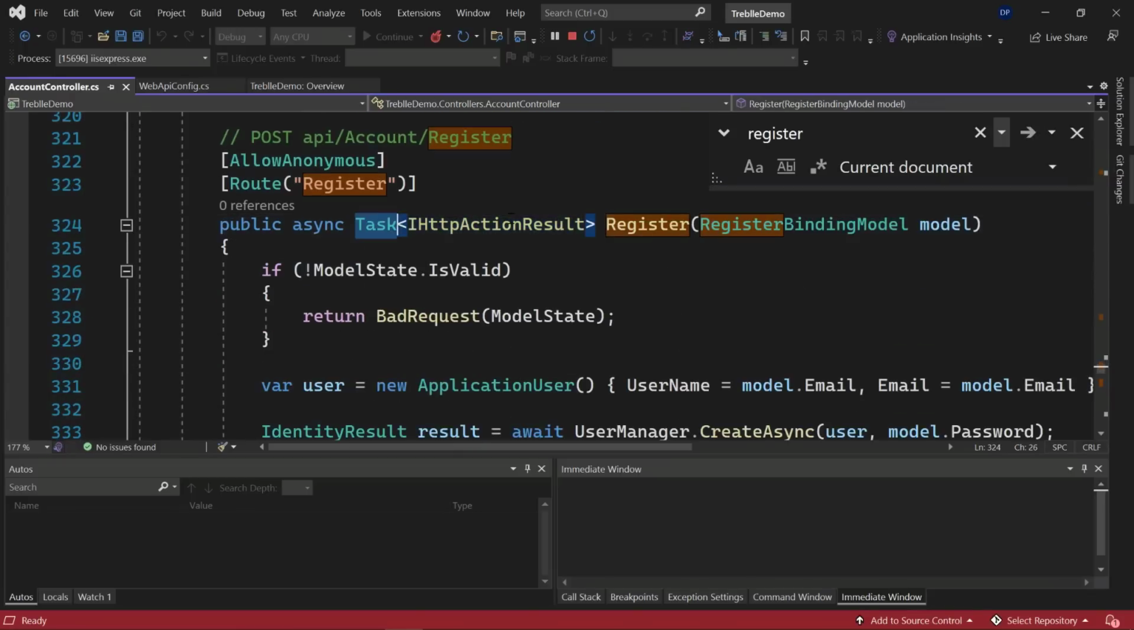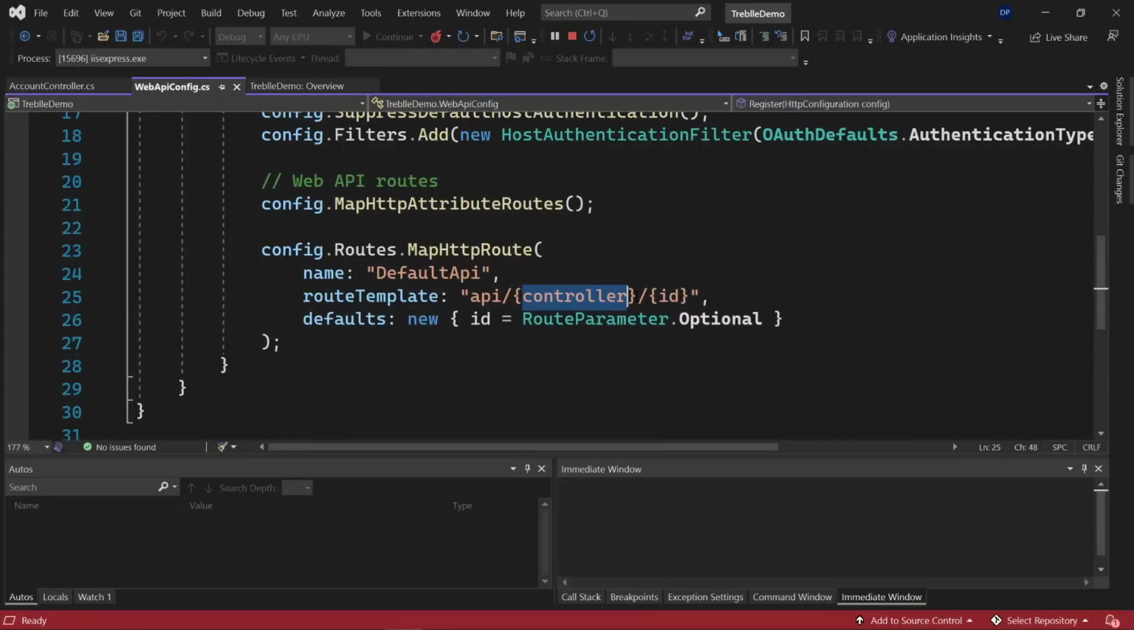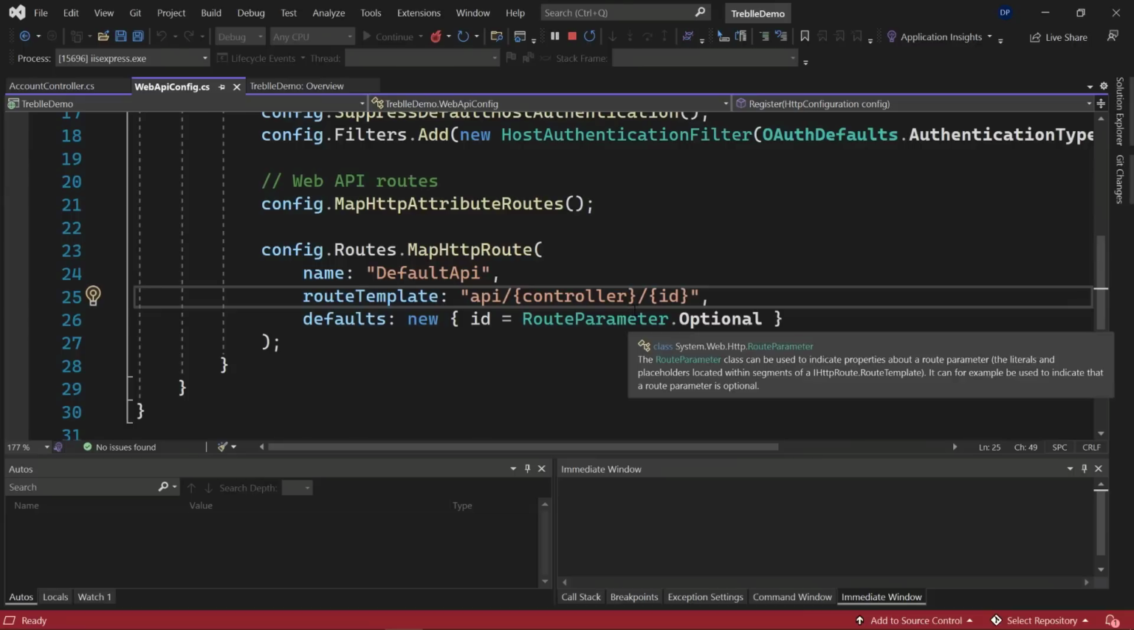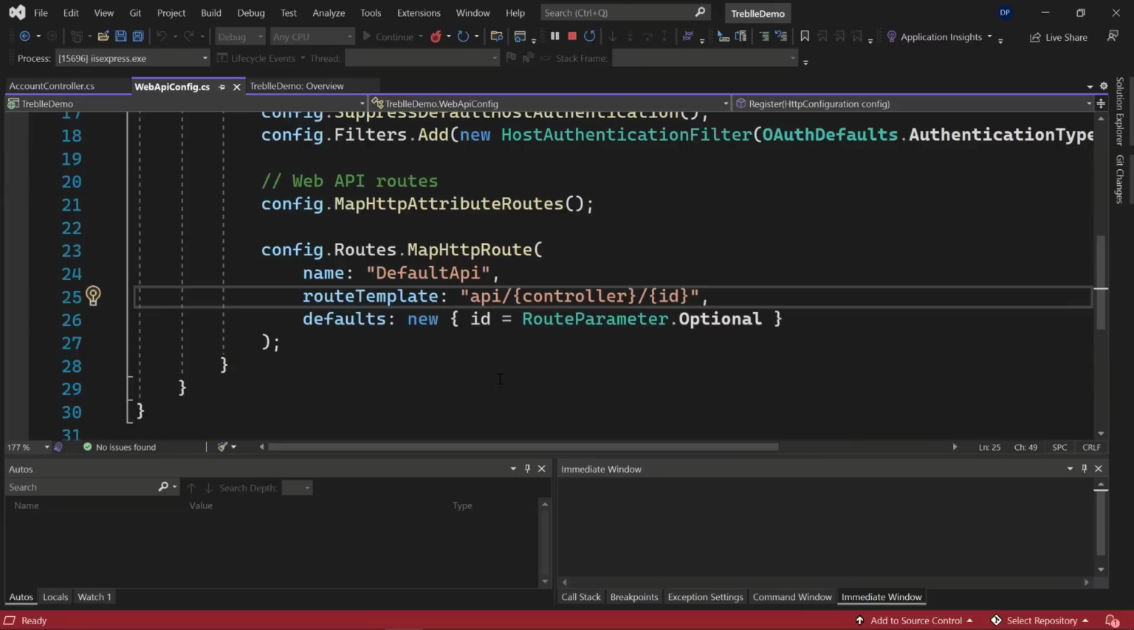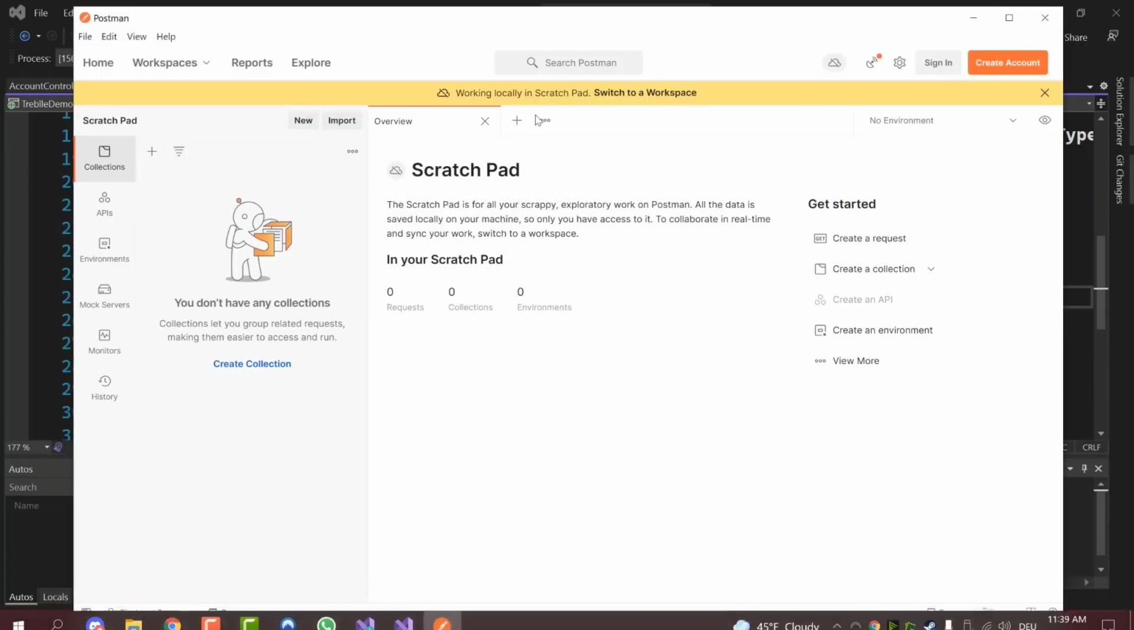So this is the async task, which is a method that will run asynchronously, which allows us to register, which is going to be the name of our controller. So it will be API/account/register. Okay, so let's go over to Postman